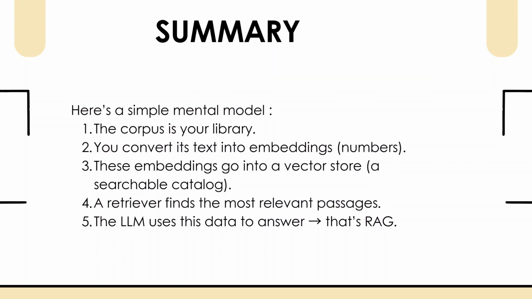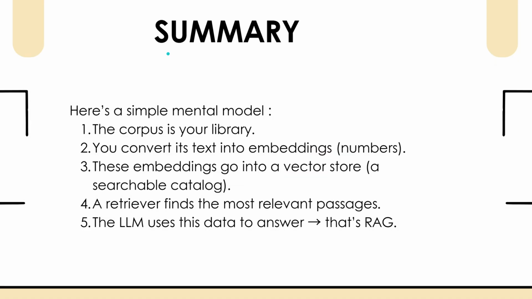Here's a simple way to picture the whole process. The corpus is your library of knowledge. You convert all its text into embeddings, which are numbers that capture meaning. Those embeddings are stored in a vector store, which acts like a searchable catalog. A retriever looks through this catalog to find the most relevant passages. Finally, the LLM uses that data to generate an accurate answer. That's the entire idea behind retrieval-augmented generation, connecting a language model to your own data so it answers with facts,